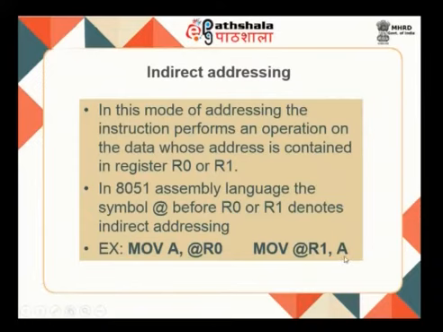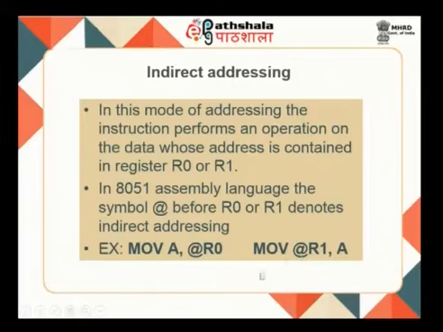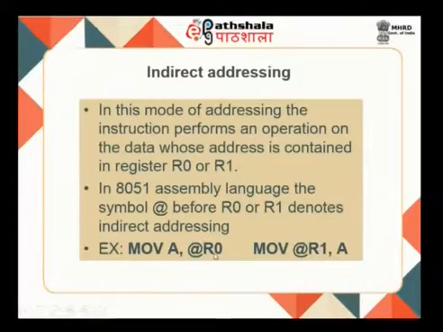Here A is holding the data. MOV @R1, A means A is holding the data which will be moved towards the address available in R1. So, whatever is given as a register is holding only an address. This works indirectly. R0 is holding an address; you have to go over there, read the data and move it. So, this is nothing but indirect. We have given the address indirectly in the register, and that is called indirect addressing.